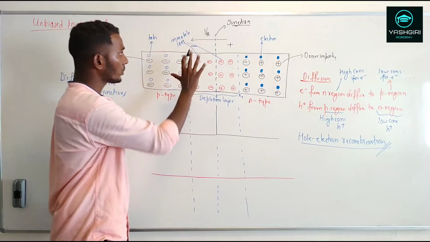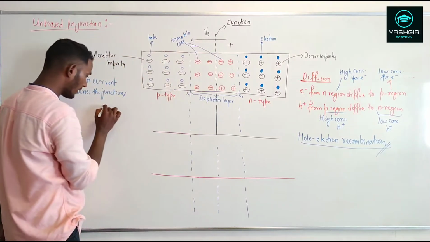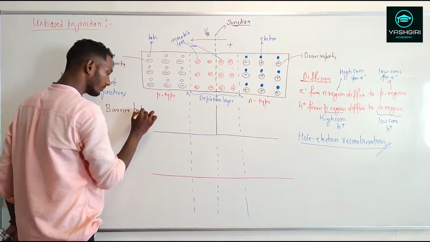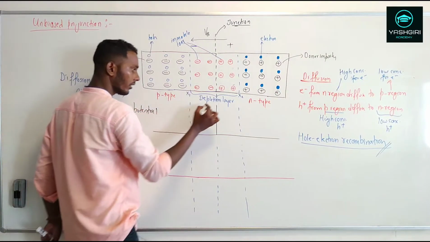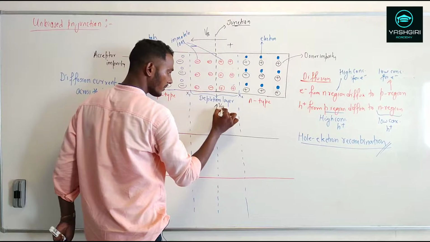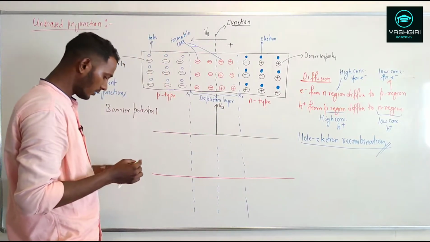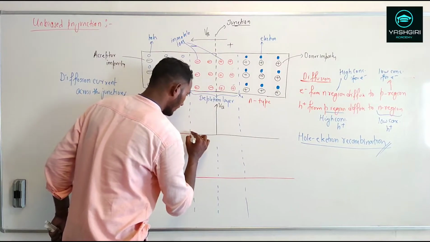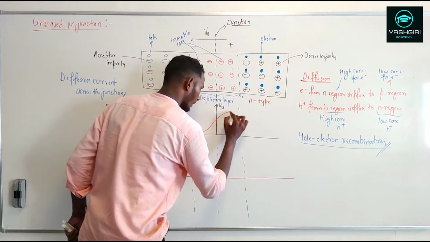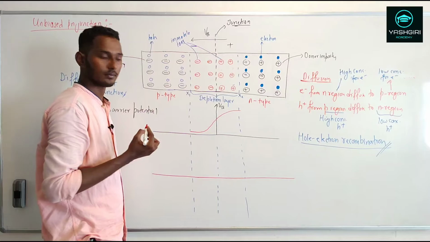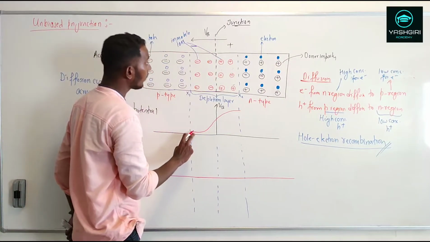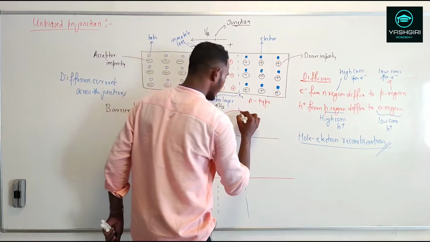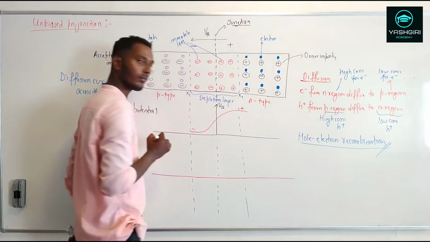Or else if I want to show this, this is my barrier potential graph. Here this is my graph, and this is my VB, the barrier potential. I can show it something like this. It's coming and then increasing like this. All right. So here this is the lower potential, whereas here this is the higher potential, plus.